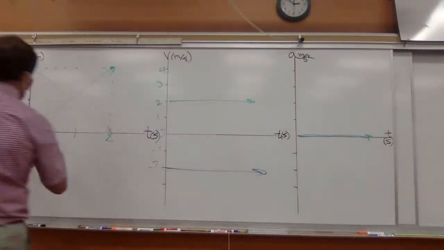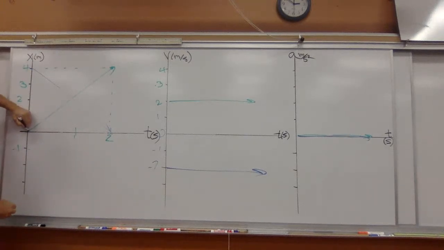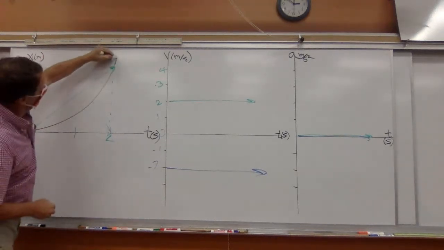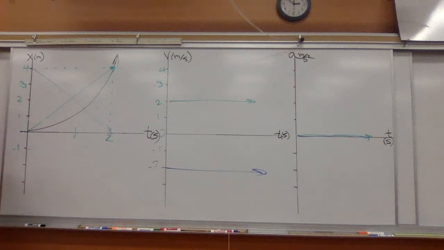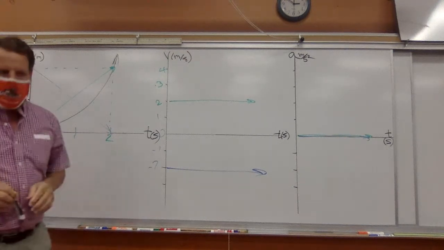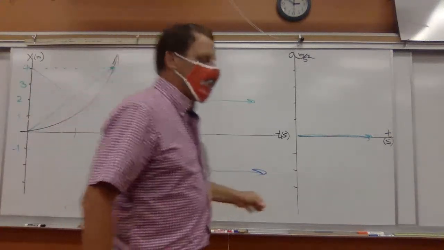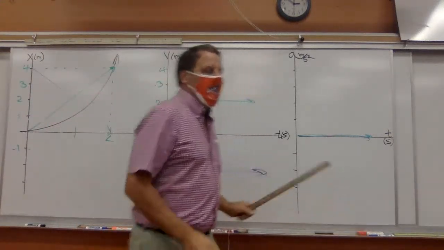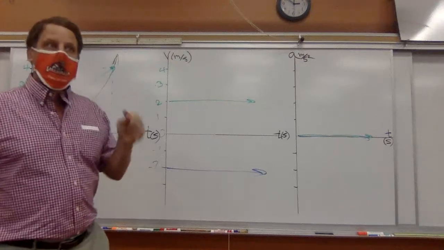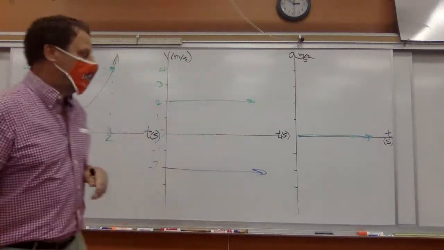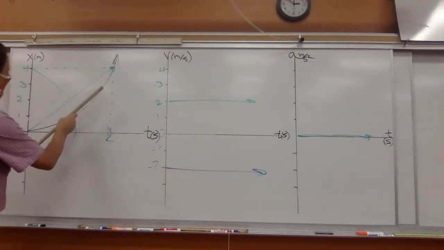Okay. Now, what we're gonna do here is we're gonna have something like this. We're gonna have something like that. Okay. And again, we are sketching this, so my numbers or my graphs might not be specific to this, but